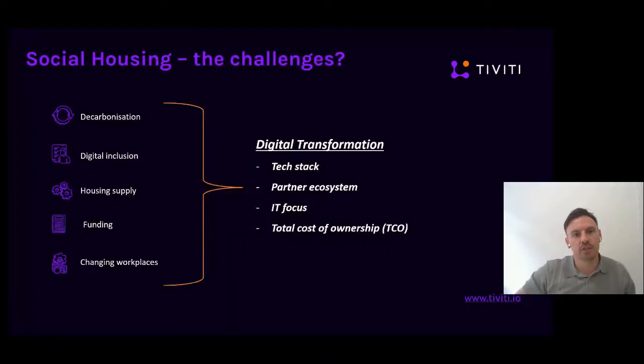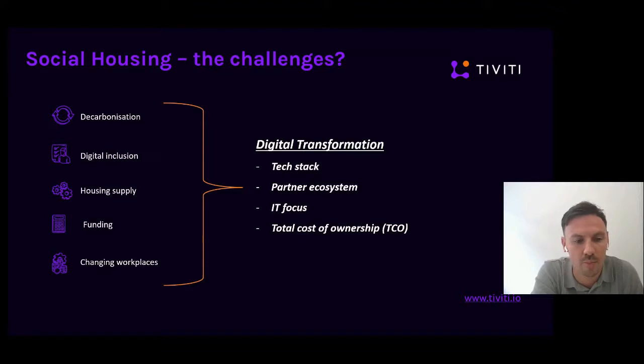So what are the challenges that we see today within social housing? All ones that you will be very familiar with, just to call out some of the more recent ones: decarbonisation, digital inclusion, housing supply, funding, and changing workplaces. And all of these areas have to be considered and thought about when a social housing organisation is working through their digital transformation strategy. And all of these can be solved and helped, again, through the planning of digital transformation